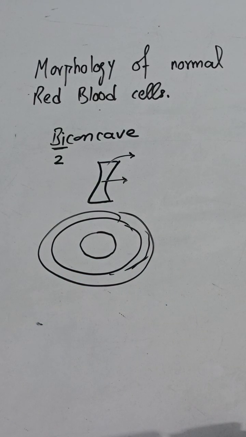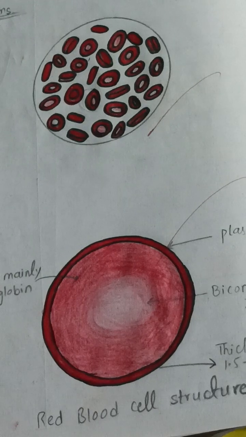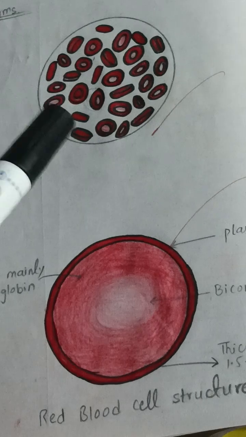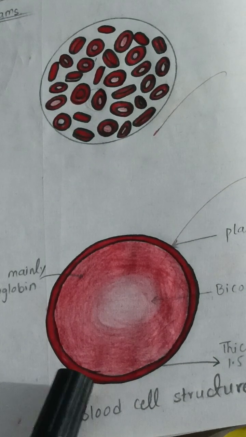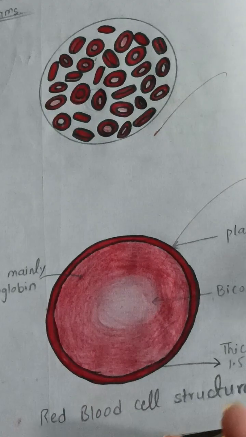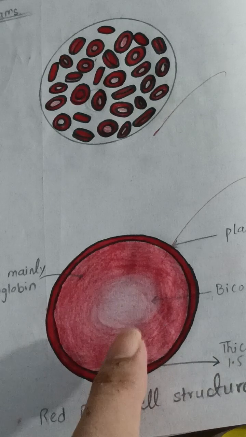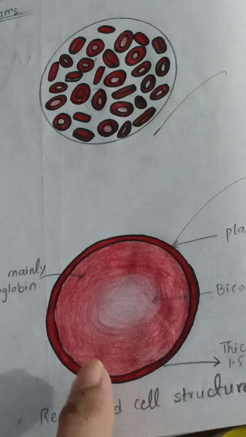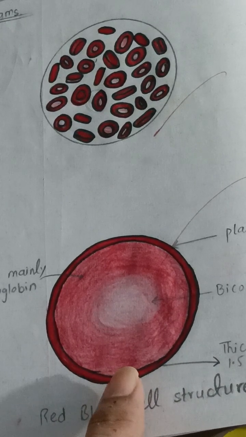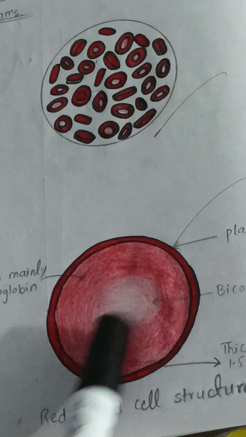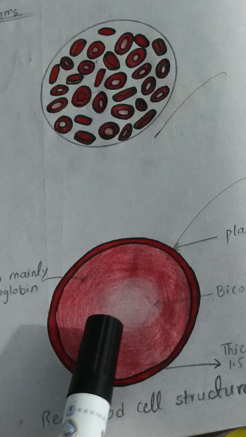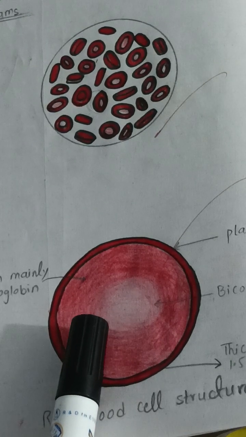If I show you the diagram of the red blood cell, you can see it clearly. This is the shape of our red blood cell. This is a plate containing a lot of red blood cells, and this is one red blood cell that I have magnified. Now you can clearly see that its central area is paler, while its edges have darker color and are thicker. This is the plasma membrane around it. This is the biconcave disc, which is about 7 to 8 micrometers in diameter.